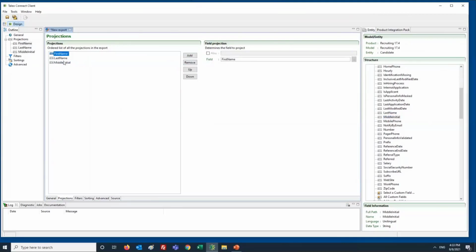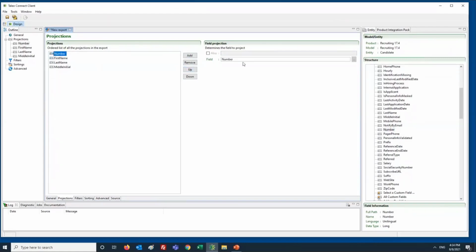Okay, so right now I've added the first name, last name, and middle initial. So these are the 3 first columns of my export. I'm actually going to also add the candidate number, which is a very useful field. So I'm going to take the number field, drag it over to the left side. Now I want to see my number field show up on top. So what I can use is the up and down buttons to move my field and change its location relative to the other fields. So in this case, I will bring it